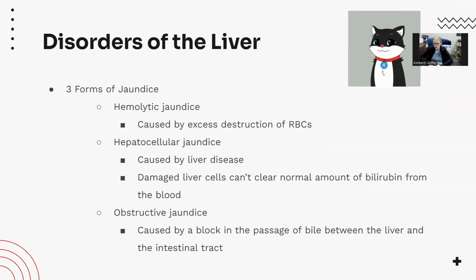So causes of excess destruction of red blood cells can include multiple blood transfusions or a hemolytic reaction due to mismatched blood. That's why we check our armbands and do all those checks that we do for blood. If they have pernicious anemia, sickle cell anemia,